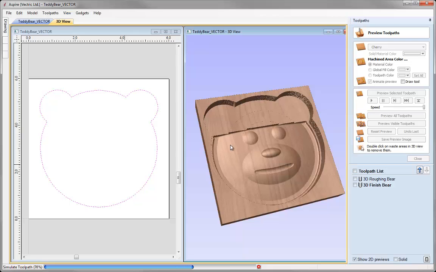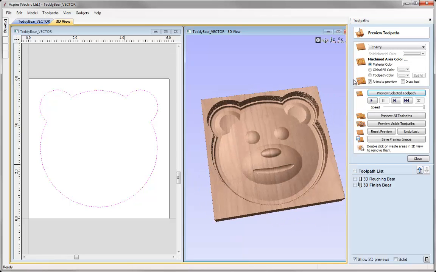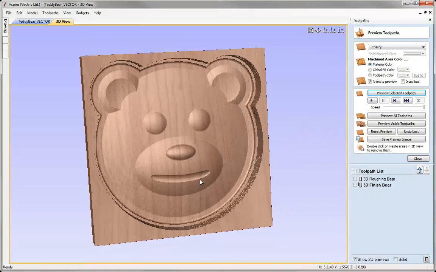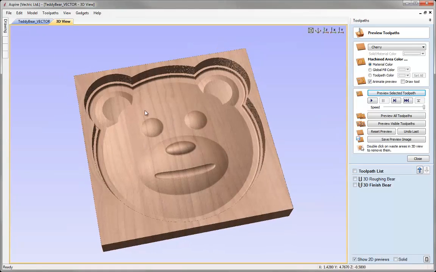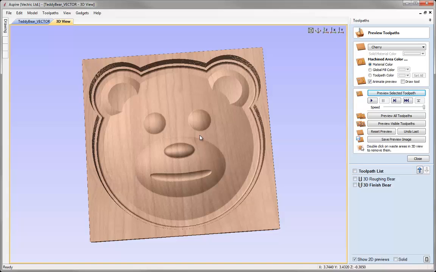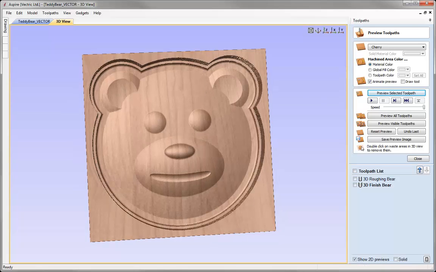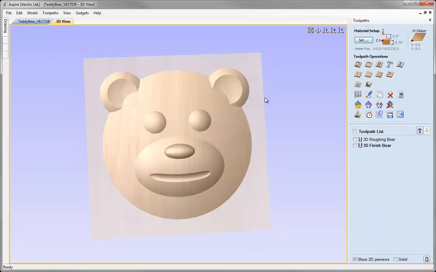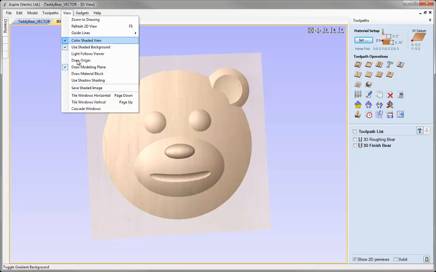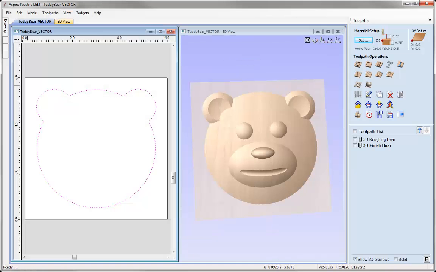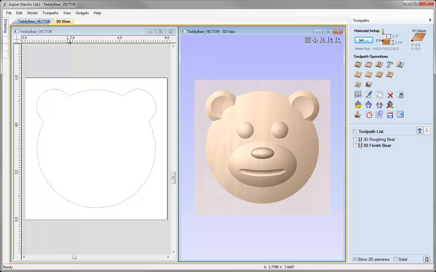Okay, so you can see it's just taking a little bit longer because it's a bit more detailed this time. And so if we take a look at that, we can maximise the 3D view, and we can see we've got a nice looking part there, so I'm happy with that. So let's go and cut that out of the material block. So we'll use the close option here. We're going to go to view, and then we'll tile our windows vertically,